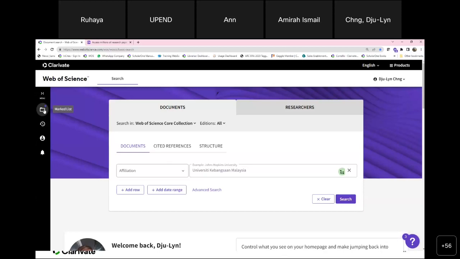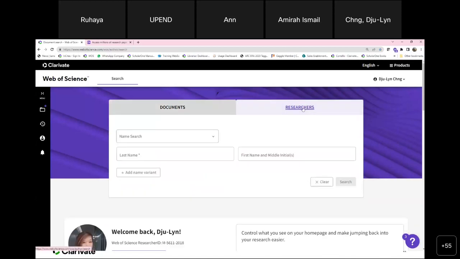Okay, then let's go to looking for your researchers. If anyone wants to volunteer your name, if you know that you have published a paper in Web of Science and you want to try and claim your record, feel free to volunteer your name in the chat and I can search for your name. Otherwise, I will start with organization search for the researchers. So if you go to the researcher search tab,